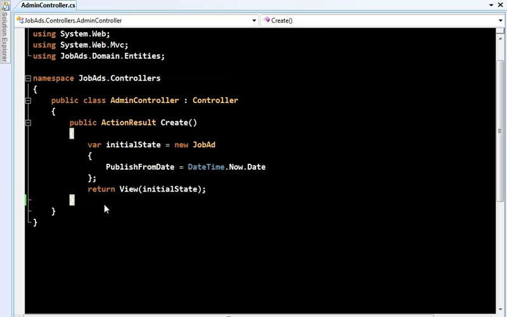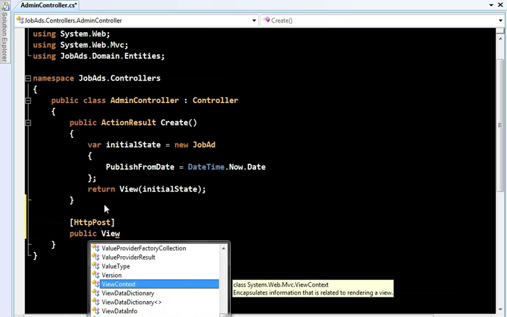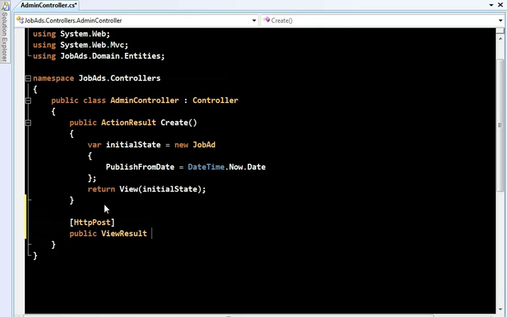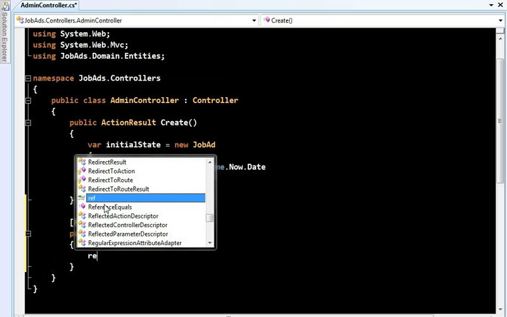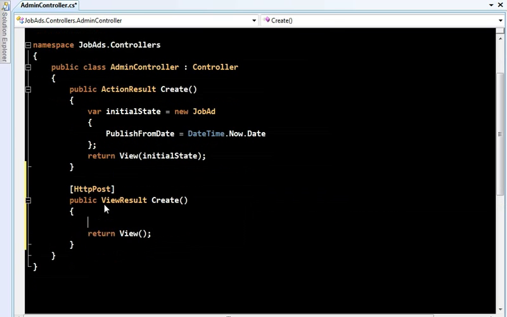What we need to do then is create a new action to receive the posted data. So it will handle HTTP post requests, and it will be another action method. This time we'll say that it returns a view, and I'll give it the same name. And I will say that yes, we want to return a view. And I'm going to try and receive the data that the user posted into a job add instance. So I'll construct an instance,